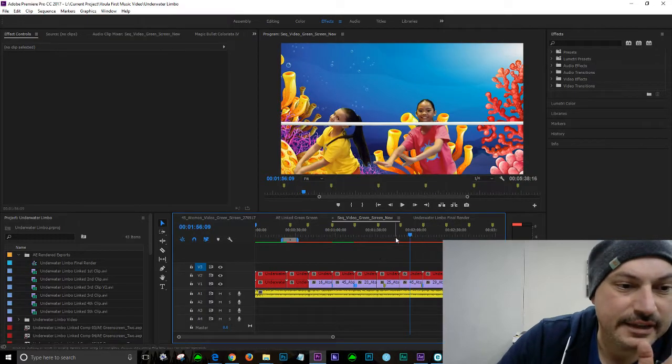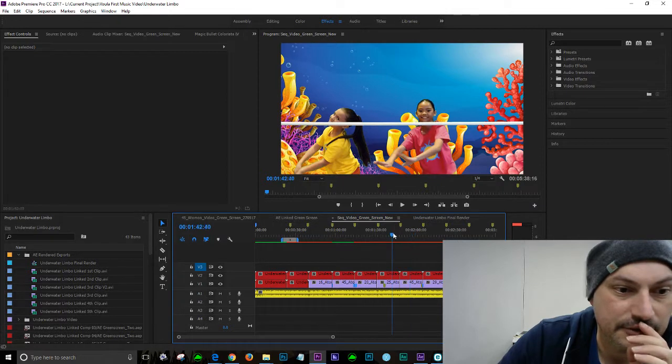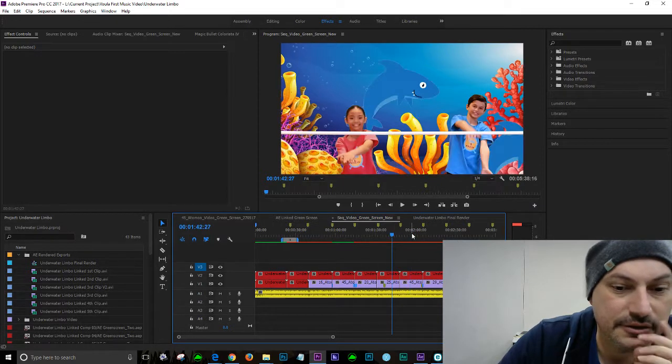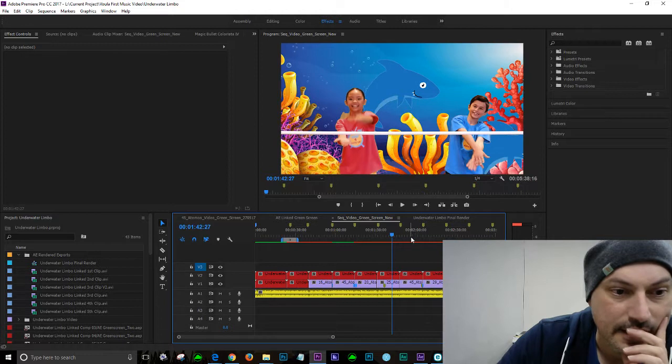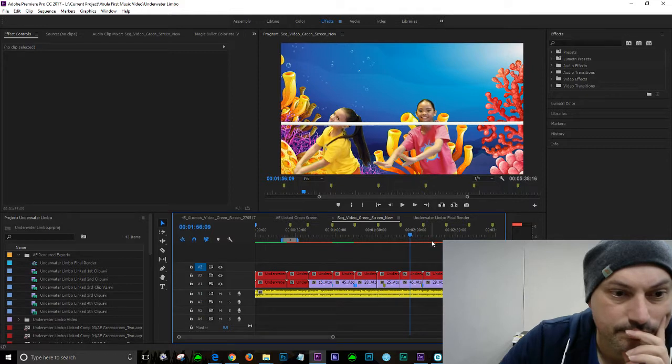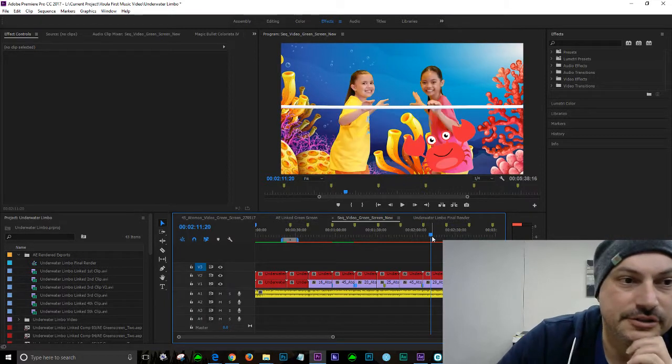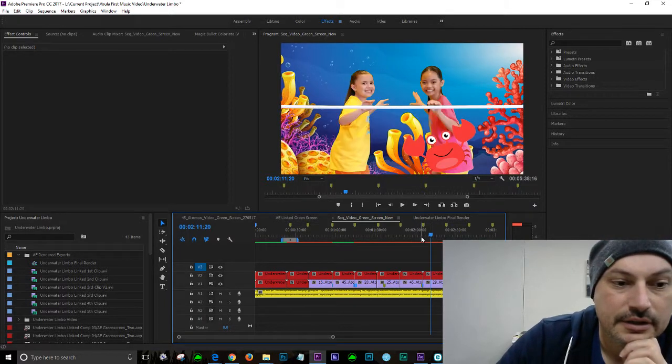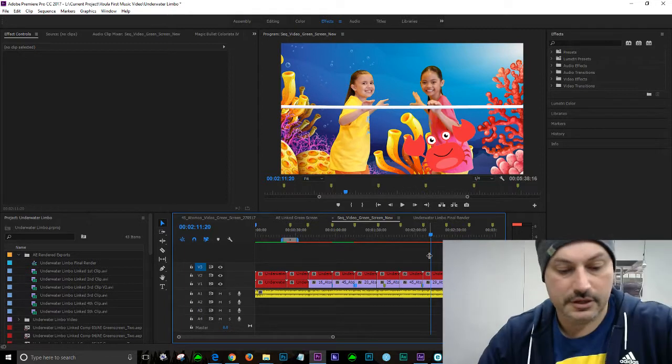Now, this isn't exactly the most scientific method ever being used here. This is certainly not your ideal scenario of changing exposure level. But once again, because of the changing light, what we're better off doing is going Shift,